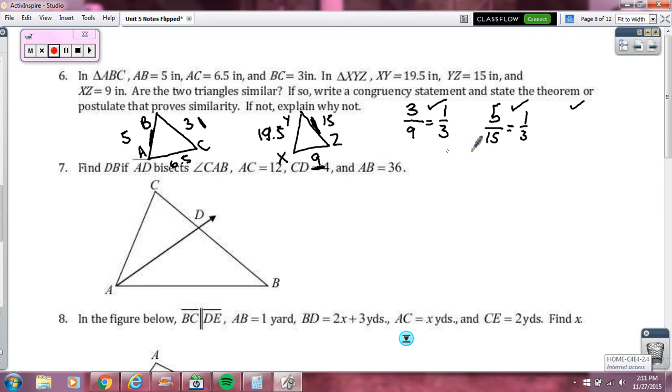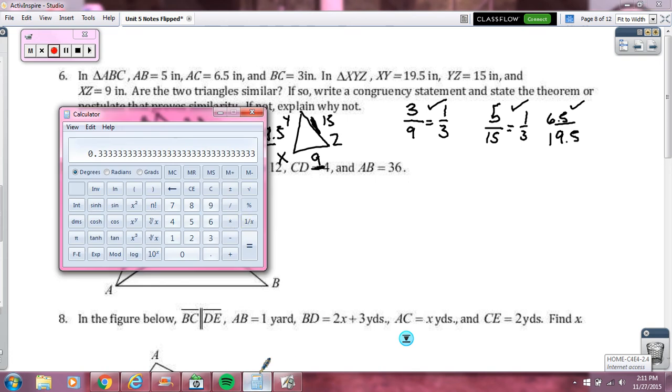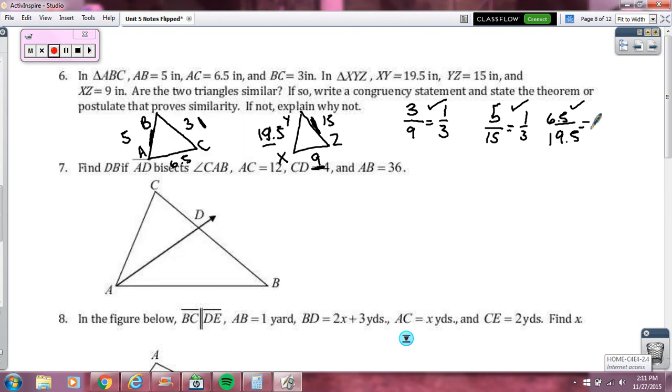Let's see about the next one. So 19.5 goes with 6.5. Gonna need my calculator. So 6.5 over 19.5, yes, is also a third. So I checked them all, and I got the same fraction for each, so I do have proportional sides. So this would be yes by SSS, and then my statement, triangle blah blah blah, similar to triangle blah blah blah,